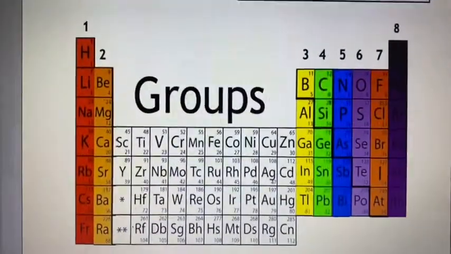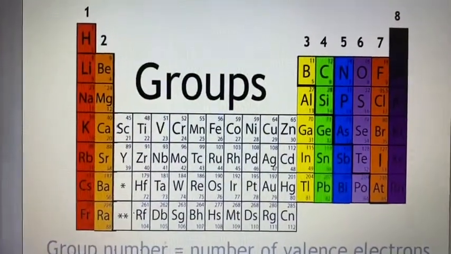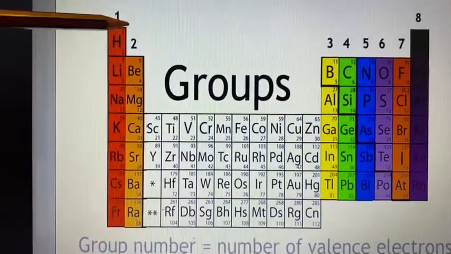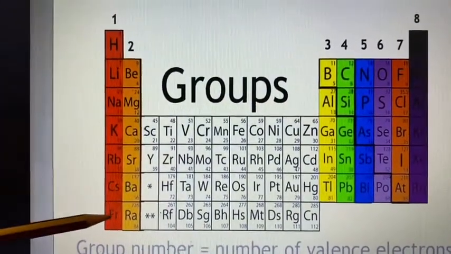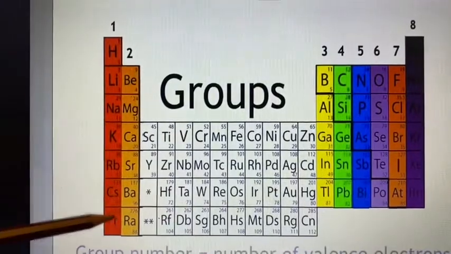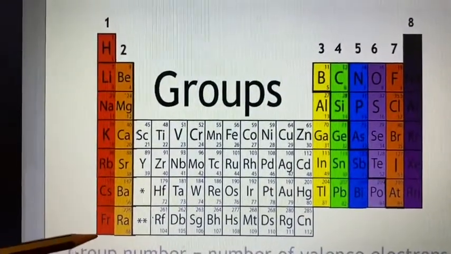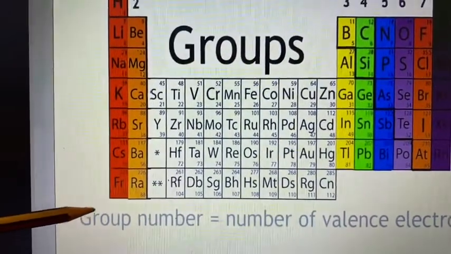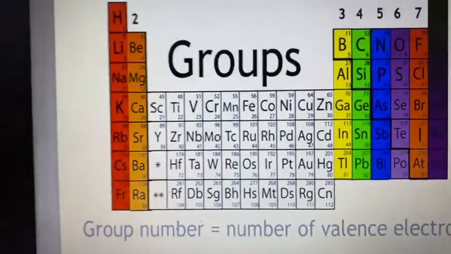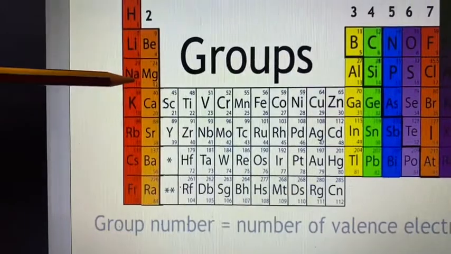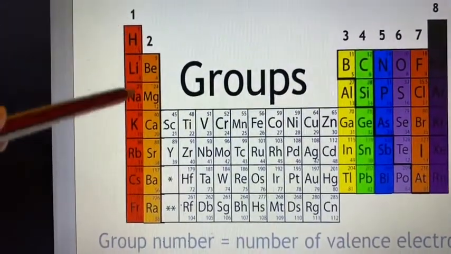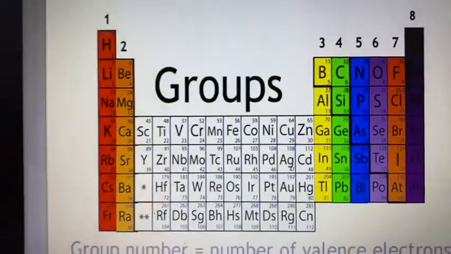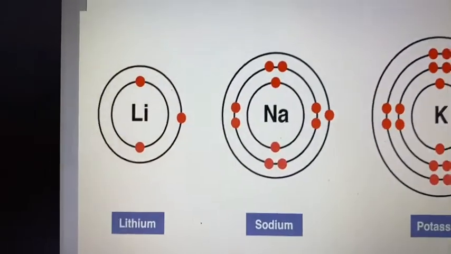The scientists put the elements in order of their groups because they have similarity in the number of electrons in the outer shell. What does the outer shell mean? The outer electrons. Look here. I have lithium, sodium, potassium. They are in the same column or in the same group. Why? Because here, if we